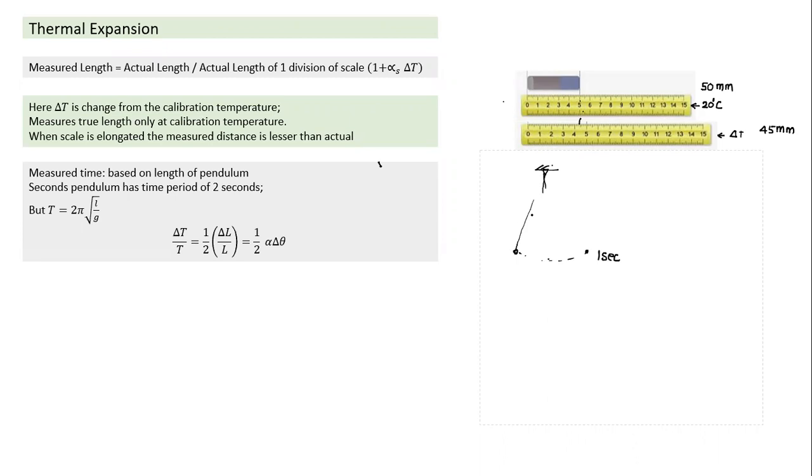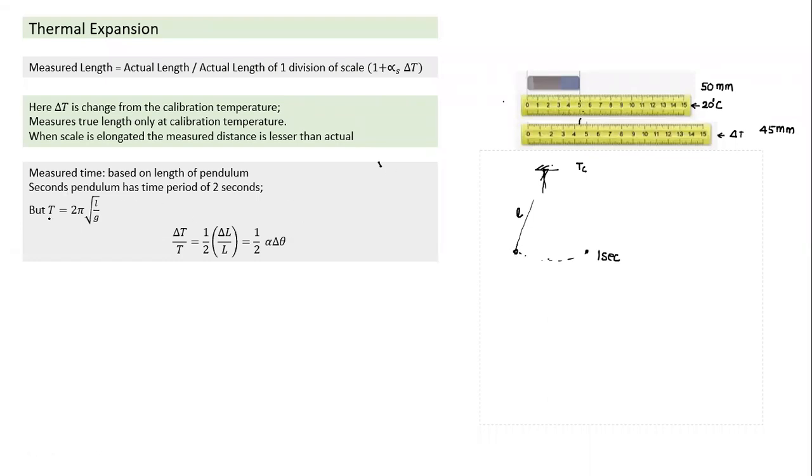So that's how the pendulum works, and the time period depends on length. This is how a second pendulum is, and it has been set at a particular temperature, which we call the calibration temperature. Now, if the temperature changes, and the pendulum also has some string, the length of the string will change. If the length of the string changes, the time it takes to complete half a swing will change. So the actual duration of half a swing will change, and the measured time also will change. Let's understand what will happen here.